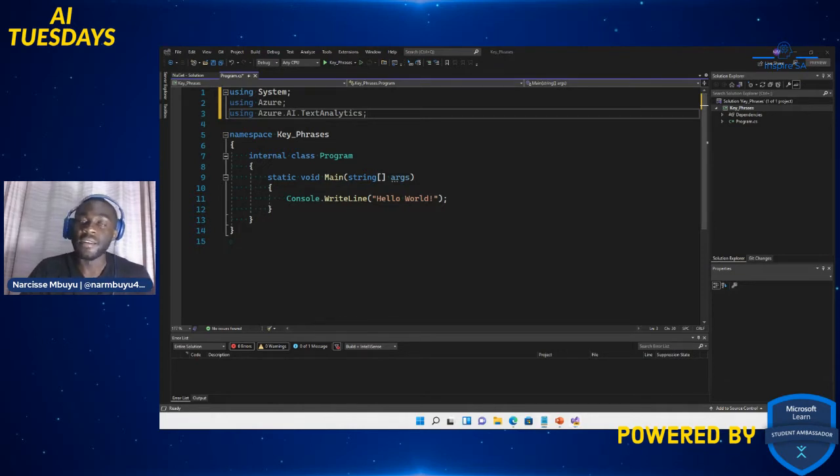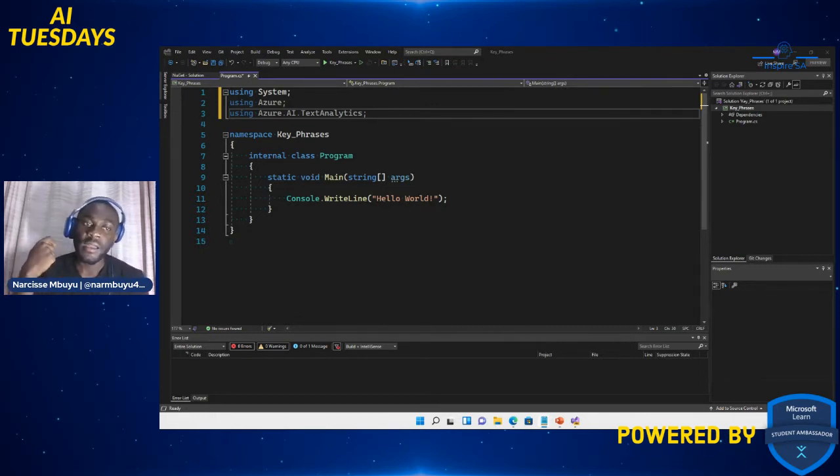So now after installing a new package, we're gonna do it in steps, right? There's only three major steps that you have to recognize, right? You're first gonna create your connection to Azure, right? After creating your connection to Azure, you're then gonna create a method that will do whatever you want, that will analyze the text, that will extract the key phrases, etc.